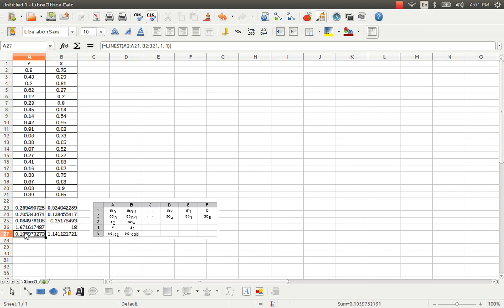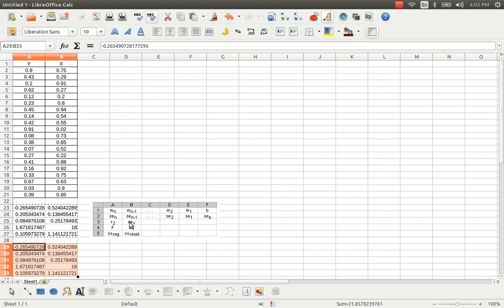at last we have the sum of the squares of regression, SS reg, and the sum of the squares for the residuals, and these values are important for doing other statistical tests. And as I said previously, if we divide the constant by the standard error, then we'll get the t statistic. So what I do, I just copy these values in a separate place, so that this time I